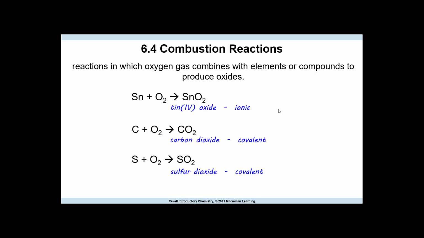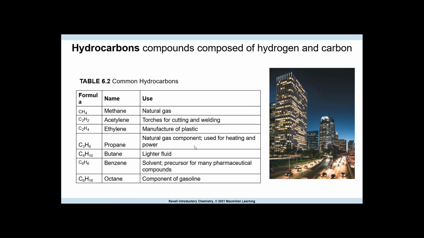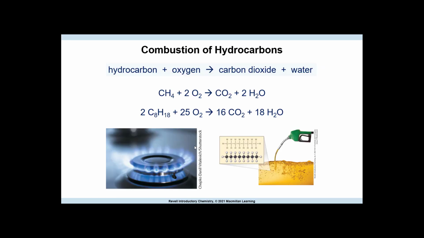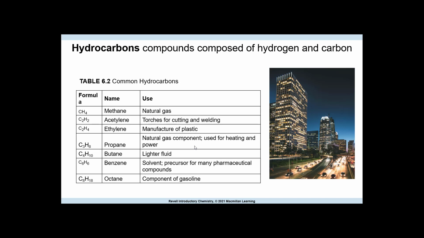So exothermic reactions with oxygen are called combustion reactions. In these reactions, oxygen combines with elements or compounds to produce oxides. So in this form of combustion, oxygen combines with elements or compounds to produce oxides. So it comes together, and the compound that is produced will be some sort of compound with oxygen in it. So hydrocarbons. We're now going to look at hydrocarbons, and let me show you what a hydrocarbon